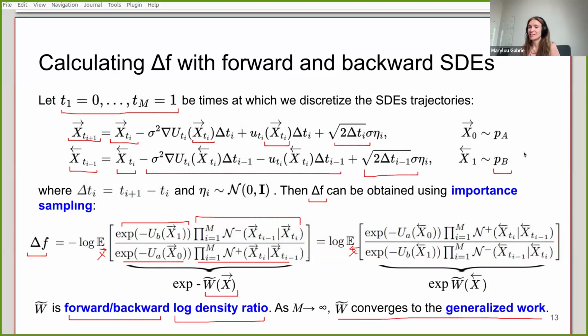Good. Can I ask a question here? Yes. Here, are you assuming that the control is perfect, in the sense that the marginal distributions of the XTs are following precisely the UTs you've set for yourself?